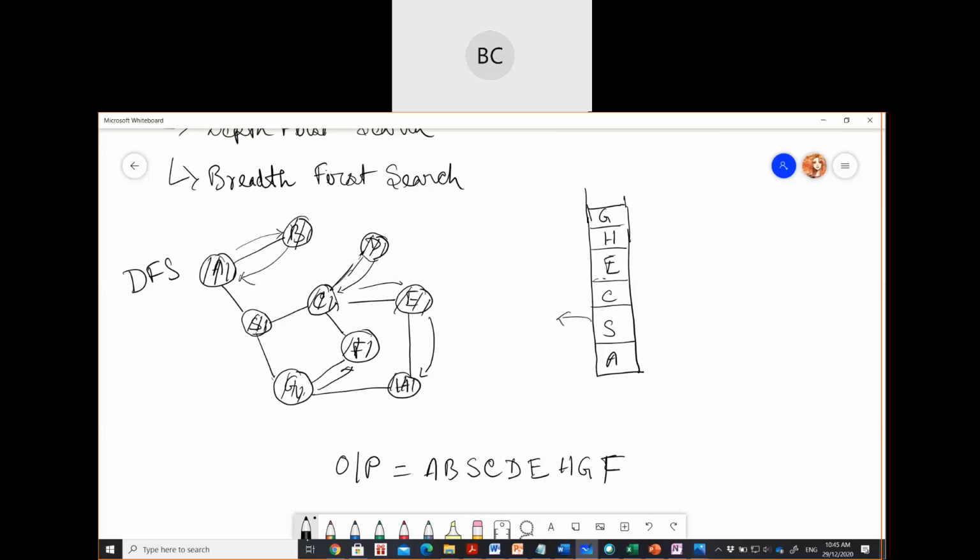So in case of DFS, you will just go deeper and deeper. You will visit one node, then you will check if there is any adjacent node. Then you select one adjacent node, then again you check is there any other adjacent node or not. So whenever you see a node visited, then you are going to push it onto the stack and you will also write it in the output. Okay, the same steps I have written